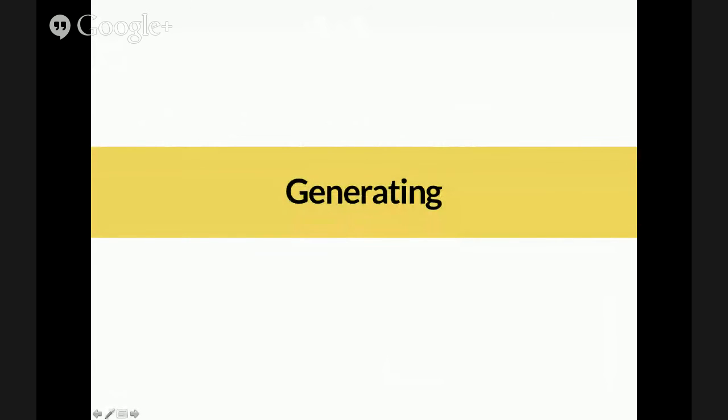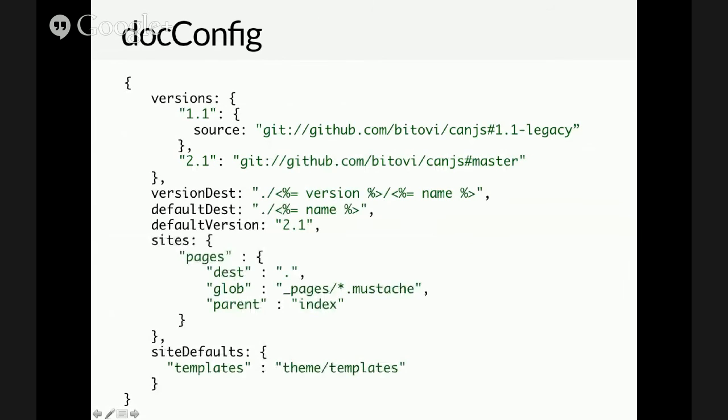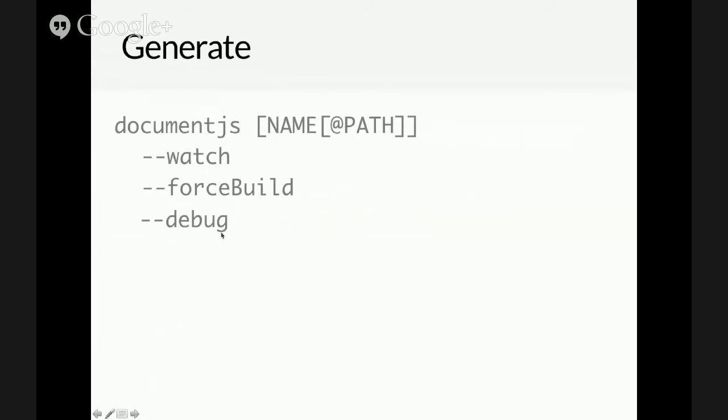Now let's talk about how to generate the configured documented code. Just a reminder, say you had a doc config like this that has a 1.1 version, a 2.1 version, and a pages site. This is what DocumentJS's command line API looks like. If I were to run that executable,